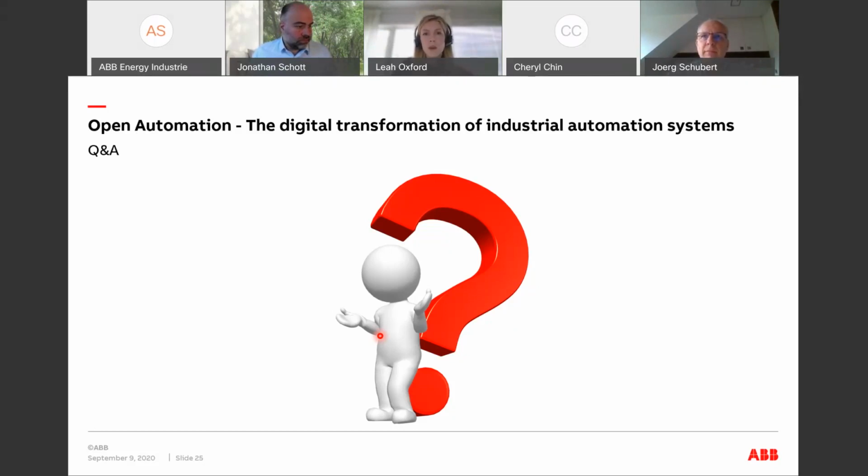Okay. There's another question about how the application engineering is done. So if you have products from several DCS suppliers, do you need to engineer each in their own language, or is there a standard language for application engineering? Yes, I will take that one. Thank you, Arte, for asking. Actually, this is a very good question. And there's a simple answer.